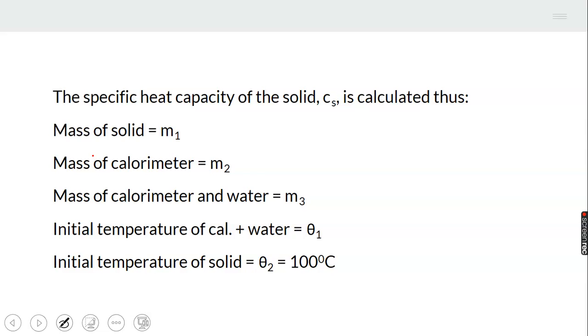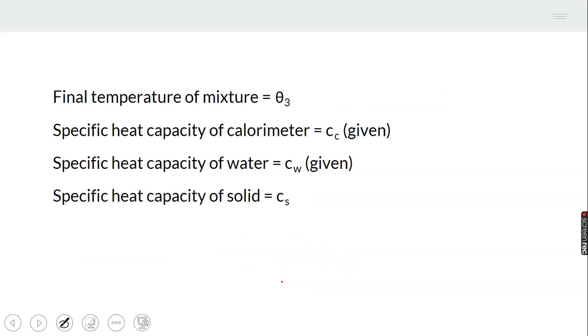Now, take note of the initial temperature of the solid. It is 100 degrees Celsius because the solid, the metal block, was at boiling point then. And note that during the mixture, the temperature of the metal block will fall, whereby the heat will be received by the cold water in the calorimeter. Or the water in the calorimeter might not be cold, it might be at normal room temperature. So the final temperature of the mixture is θ3,